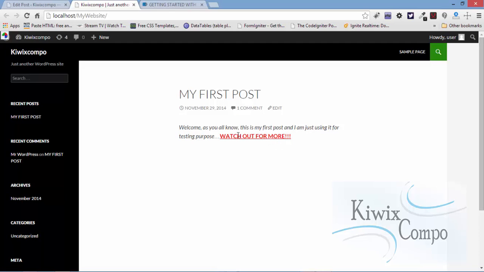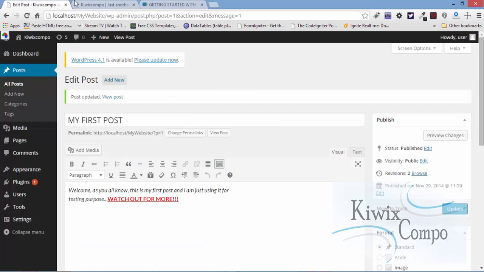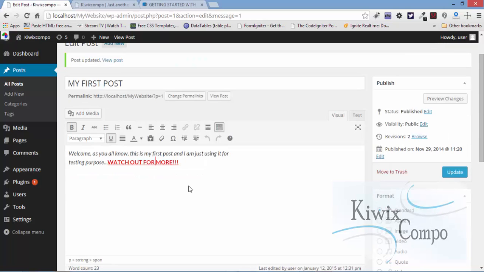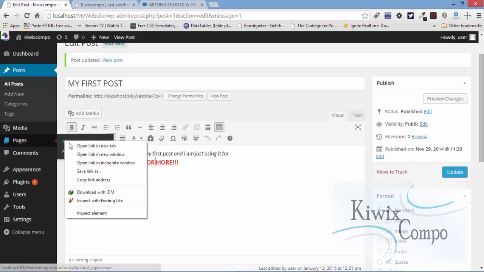Watch out for more. As it is, it looks like it's a hyperlink also, but we can still do some crazy things, like making this a hyperlink and linking it to another page, and I think that's what we would do, so that we can go to the pages section. Now what I'll do is open a new tab for all pages,